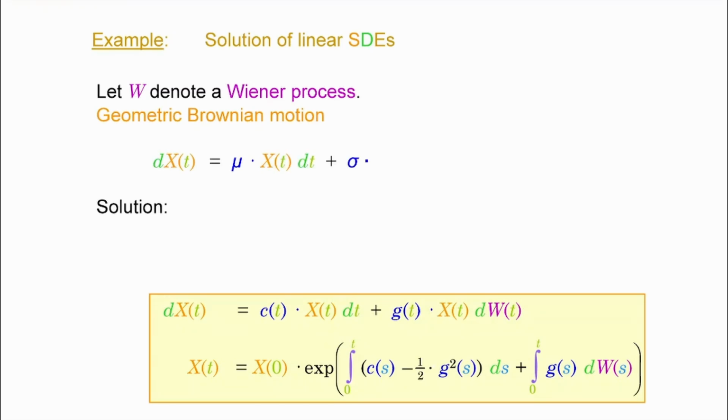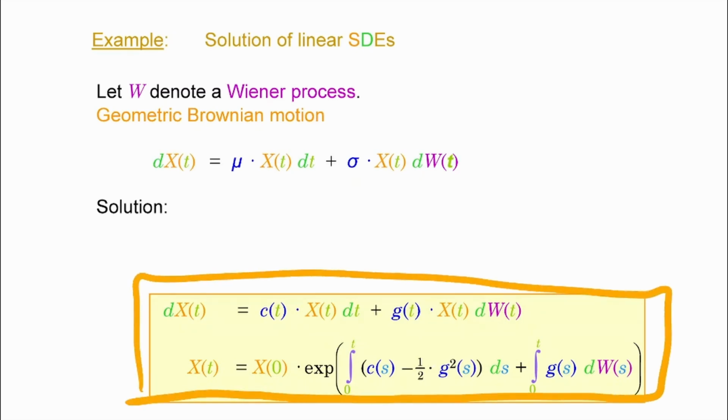Okay, I'm going to use the reparametrization now. So c(t) becomes mu, and sigma becomes g. All right, is it clear? So then this is how it's going to be. And then you can address the solution of the geometric Brownian motion directly using this formula. You should use that formula, okay? Because that will give you the solution to those equations.